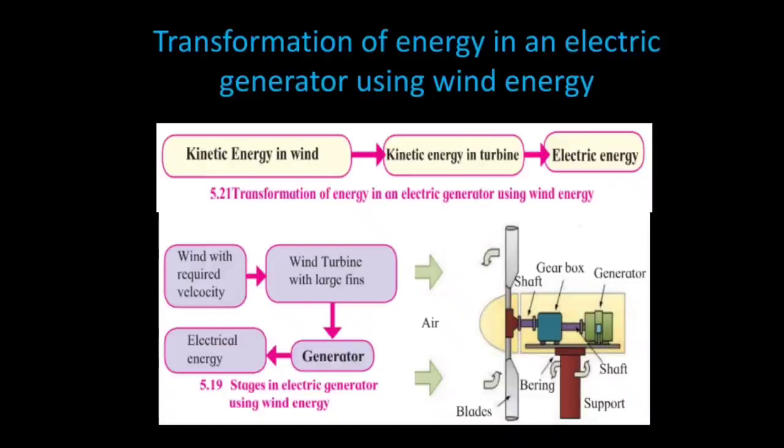Wind turbines with capacity right from less than 1 kilowatt to about 7 megawatt, that is 7,000 kilowatt, are commercially available. Depending on the wind velocity available at the site of installation, wind turbine with specific capacity is selected. The wind velocity at specific location depends on the geographical factors, for example, climate. Wind velocity is usually high on the seashores, and that environment is appropriate for installation of the wind turbine.